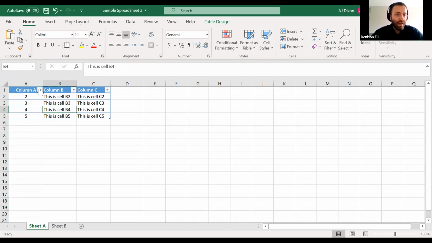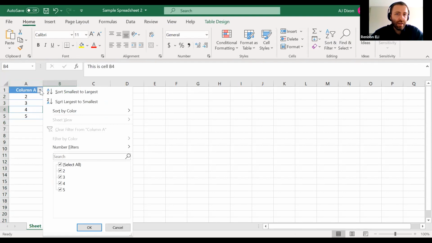All right. So you can see when you click this little arrow here,